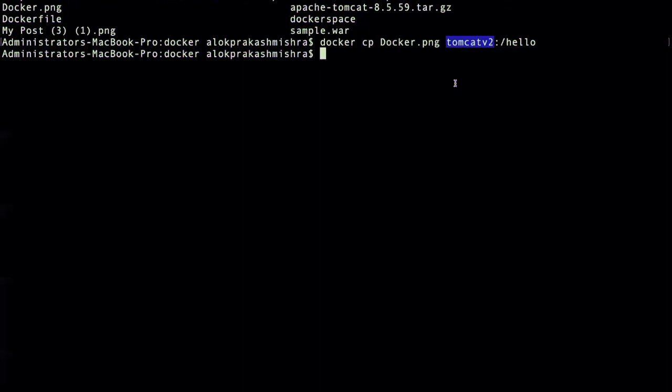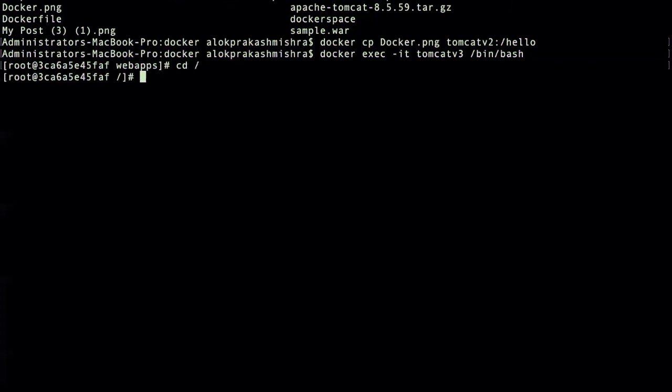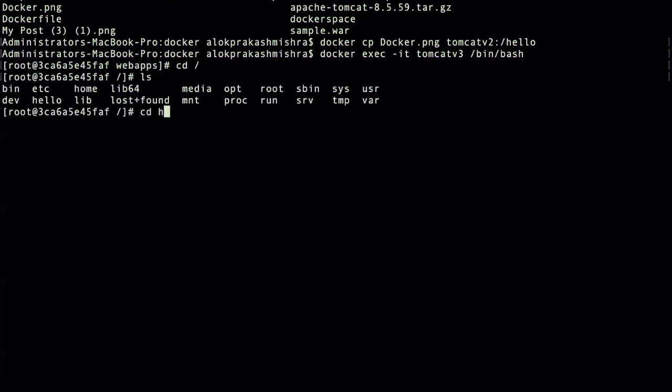I will log into container 2. Docker exec -it tomcat v3 bin bash. Here also there will be one hello because we gave this mount.